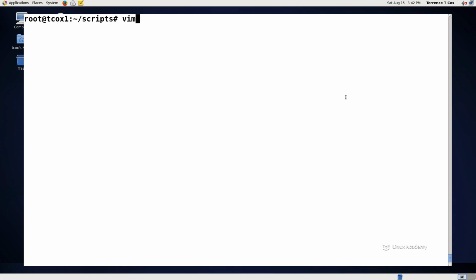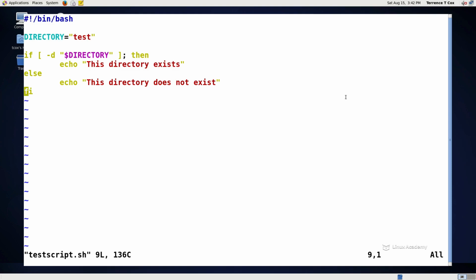So for example, let's go ahead and edit our test script. So if we do vim test script.sh, underneath of our example for the directory, we can create a for loop that says for i, or let's just do for count in, and then we're going to give it a certain set of numbers. Let's say 1, 2, 3, 4, 5. I'm basically going to say for each count within the values 1, 2, 3, 4, and 5, I want it to do something, and I want it to echo out,